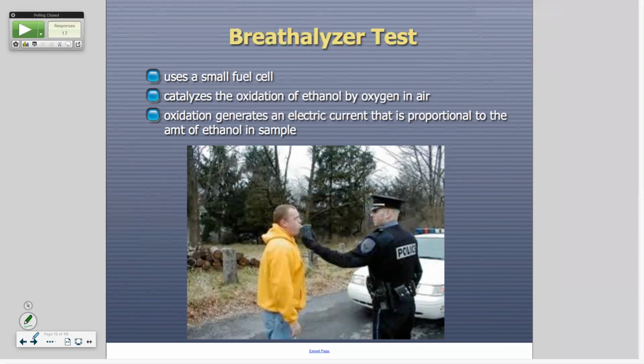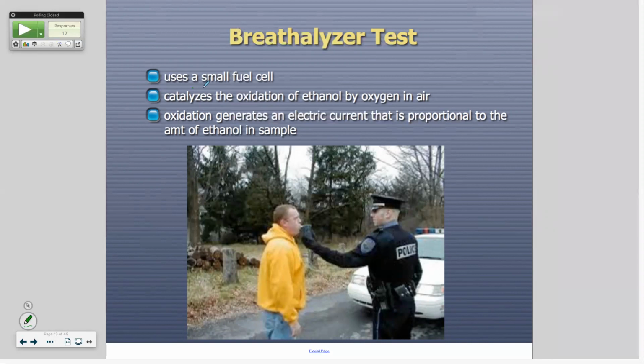Okay, to get the actual percentages and stuff, they pretty much have to do a blood test. So if you think you're close, you might want to insist on that. Okay. Well, but you're not drinking and driving, are you? That's right. Just don't drink and drive and you won't have that issue.